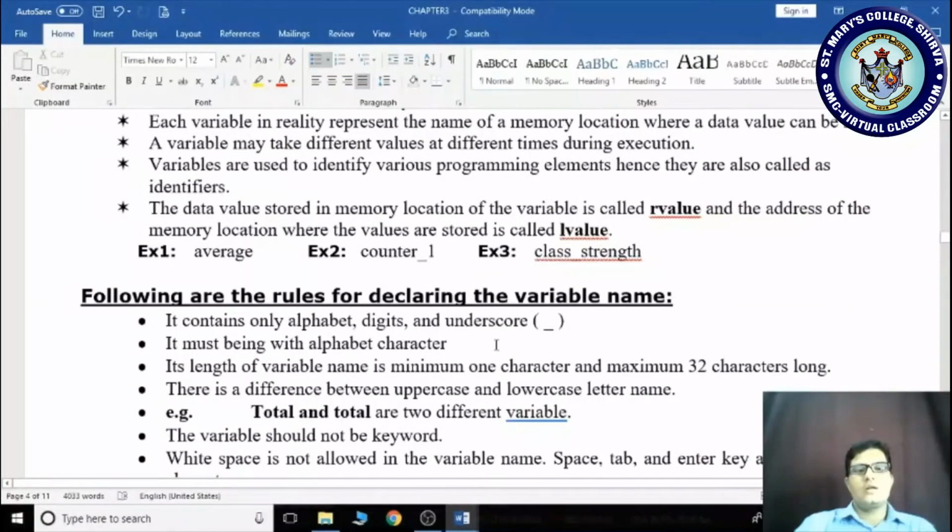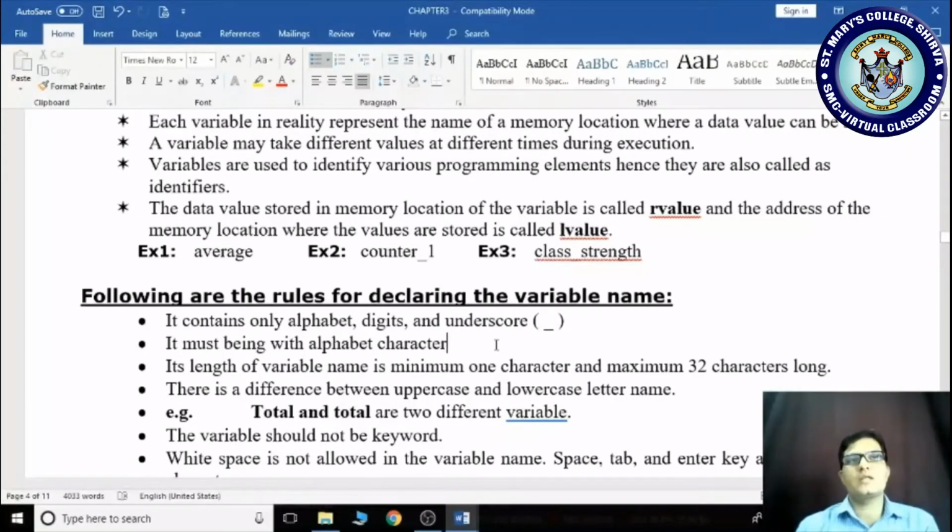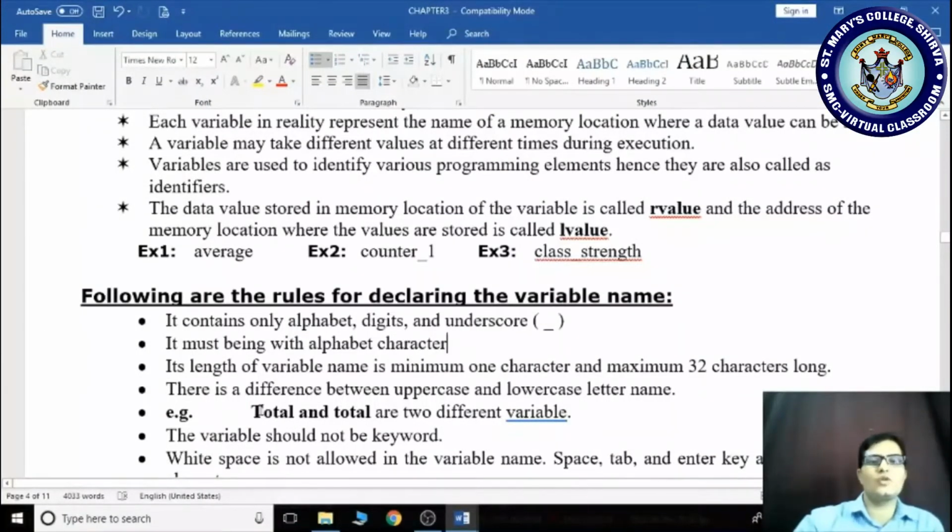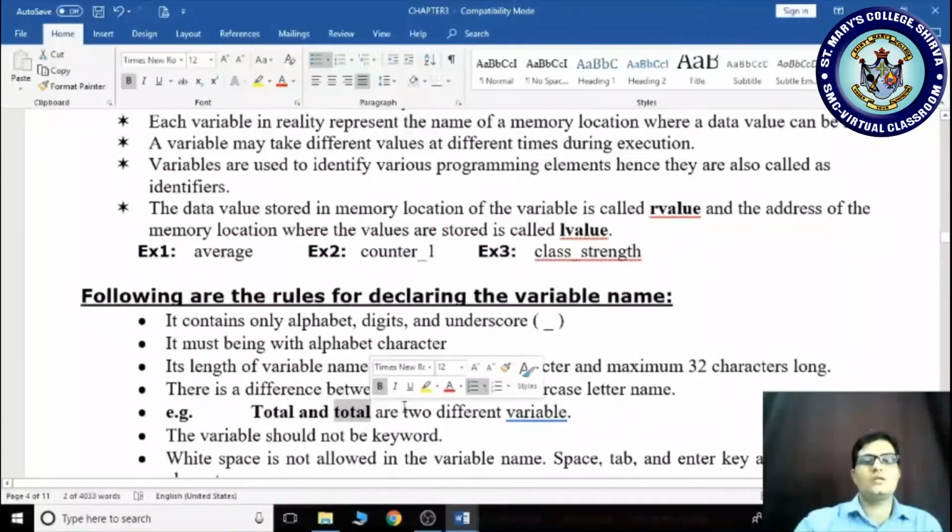You can use uppercase and lowercase, and an uppercase letter is different from a lowercase letter. For example, if in your program you have two variables named capital Total and small total, they act as two different variables.